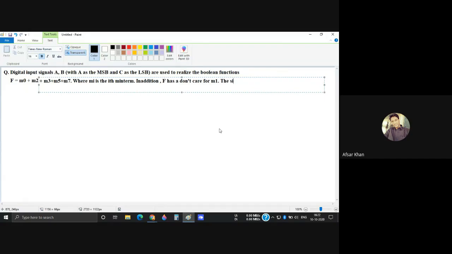The simplified expression for f is given by